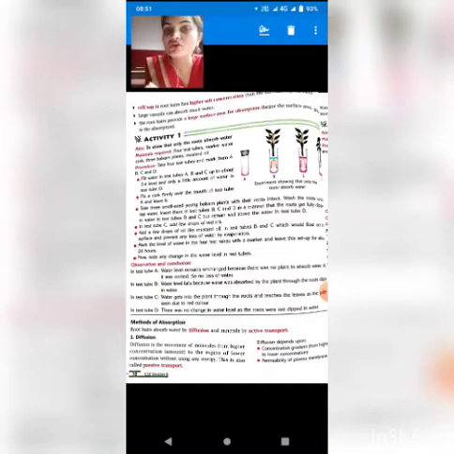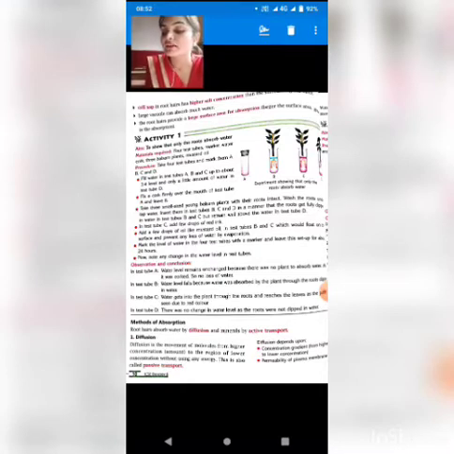So this process is known as diffusion, in which the movement of water or molecules takes place from the region of their higher concentration. What is the meaning of region of higher concentration? The meaning of region of higher concentration is the area or the part where its amount is large, or the amount is more in quantity. So when the movement takes place from that region to the region where the amount is very less, that is known as the process of diffusion.